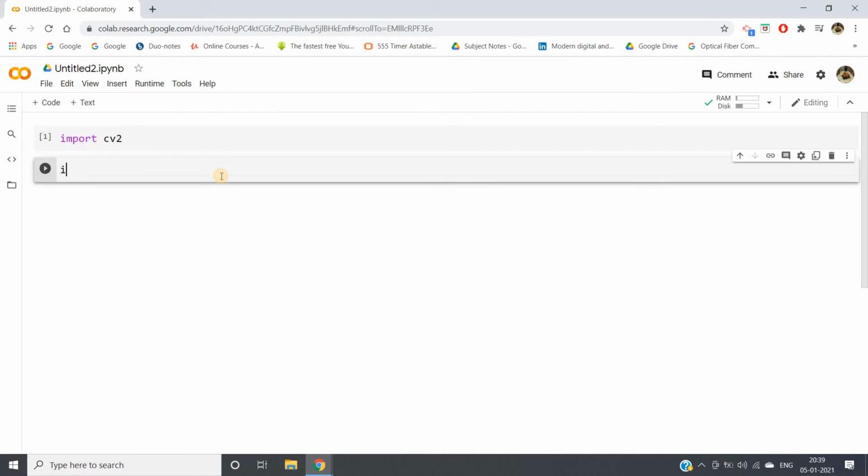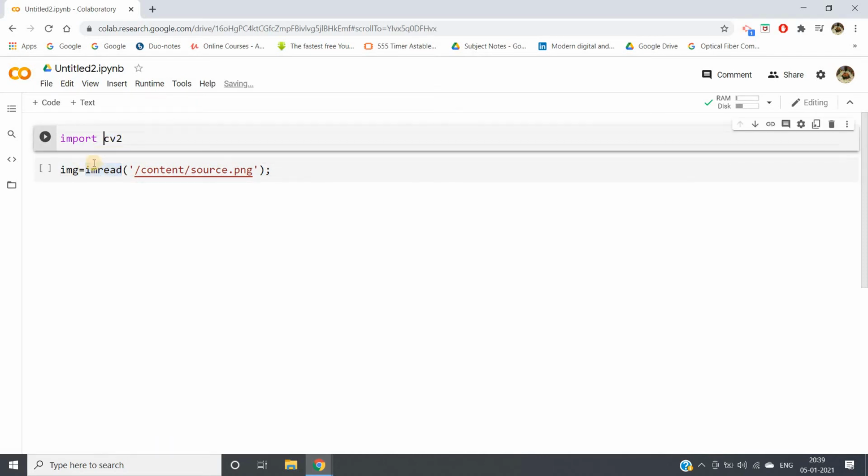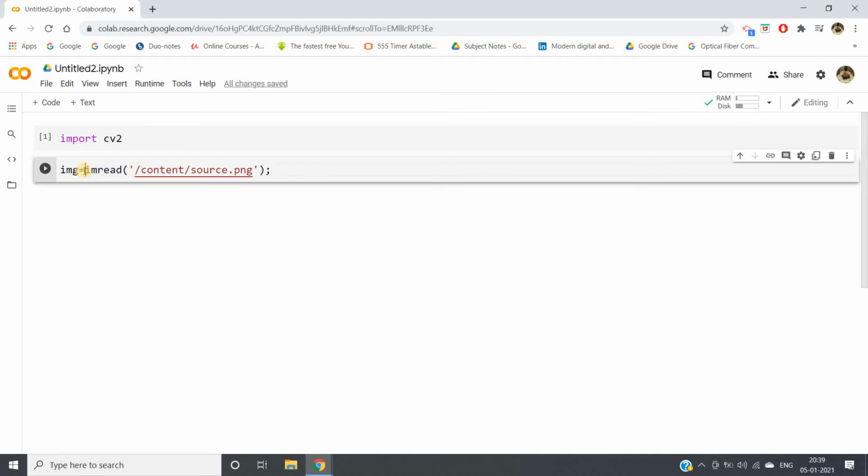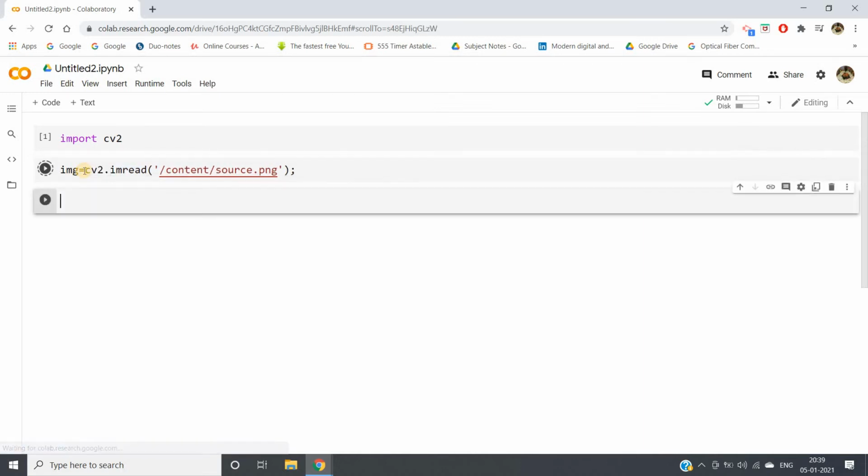To read the image, img equal to imread. imread is the function to read the image, same as in MATLAB. Inside quotation marks, give the complete path. If you want you can give a semicolon, or if you're not interested then don't, no problem. This is how we write in MATLAB, but here the function is present in the OpenCV library, so you have to write cv2 dot imread. That's all, and this will read the image. Now reading is done.